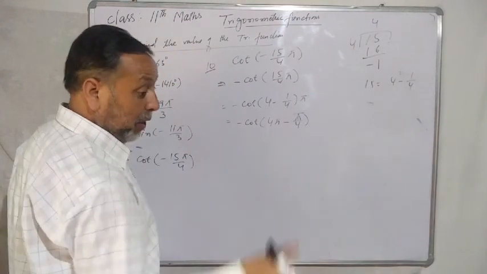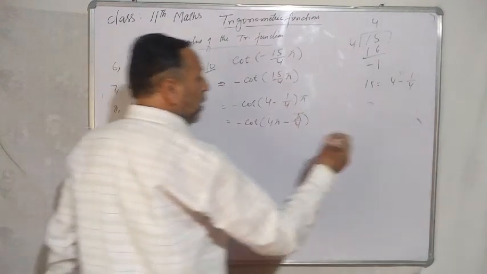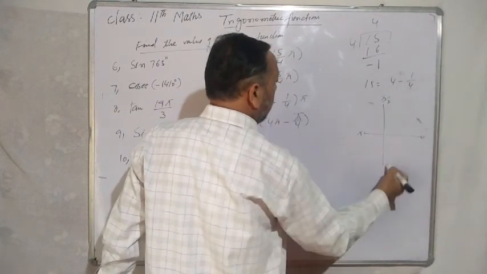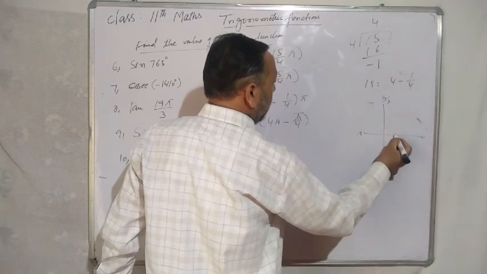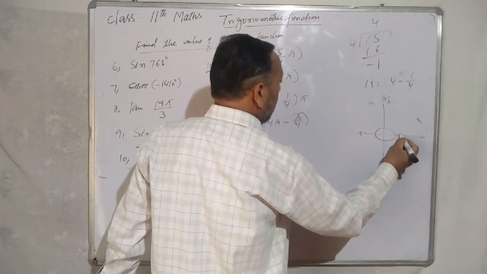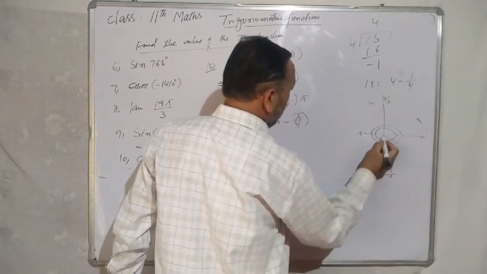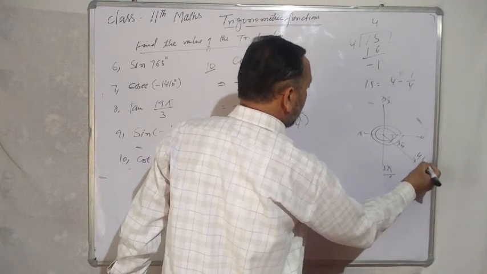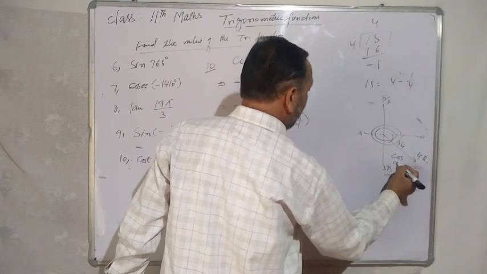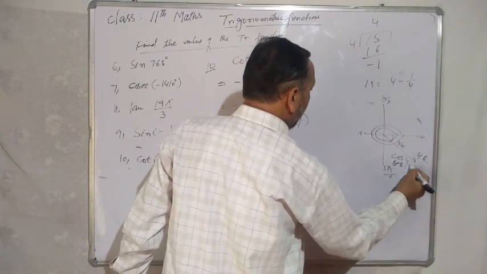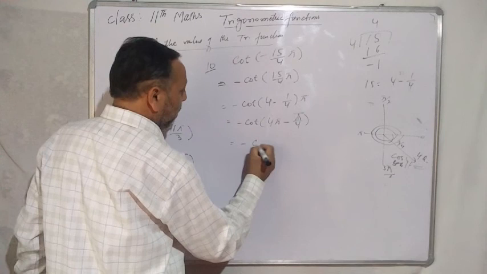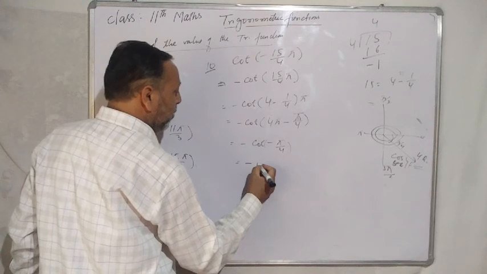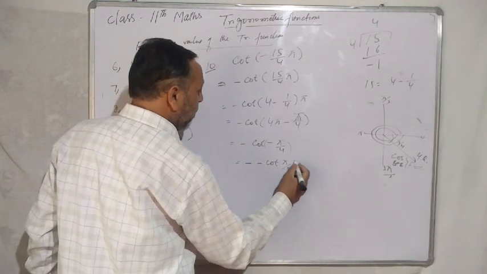4 पाई माइनस पाई बाई 4 किस क्वाड्रेंट में होगा, ये फोर्थ क्वाड्रेंट में आएगा। अब देखिए इधर फोर्थ क्वाड्रेंट में 0 एंड पाई, दिस इज पाई बाई 2, दिस इज 3 पाई बाई 2, 0 से पाई एक बार, दूसरी बार, थर्ड टाइम, फोर्थ टाइम माइनस पाई बाई 4, वो हो गया ये, यहाँ मैंने माइनस पाई बाई 4 कर दिया। इट लाइज इन द फोर्थ क्वाड्रेंट। फोर्थ क्वाड्रेंट में कॉस और सेक पॉजिटिव, बाकी सब नेगेटिव। सो इट इज माइनस टाइम्स कॉट माइनस पाई बाई 4, इस माइनस को इधर ले आओ, माइनस टाइम्स माइनस कॉट पाई बाई 4